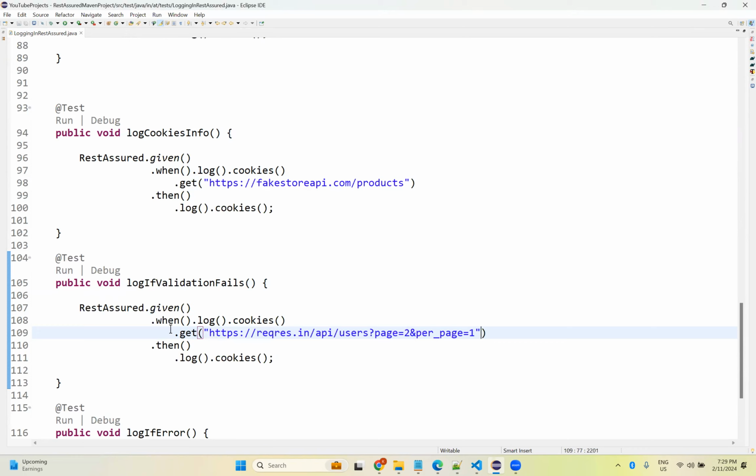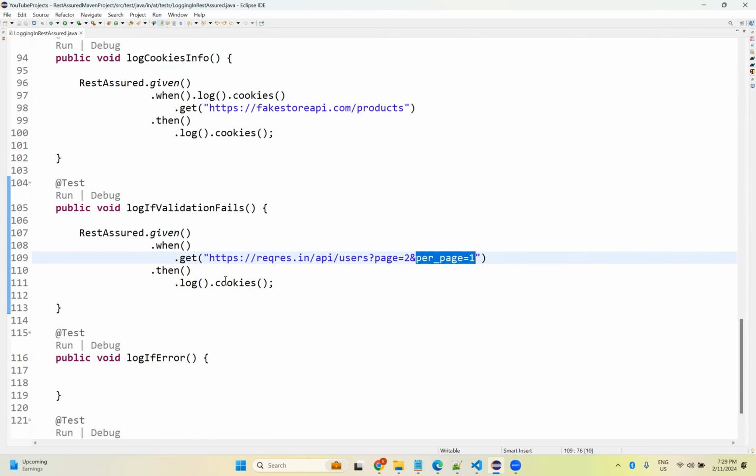So no cookies. When request response .in /API/user, I want page 2 information, and in that page I want to print only one object. So here, log dot,